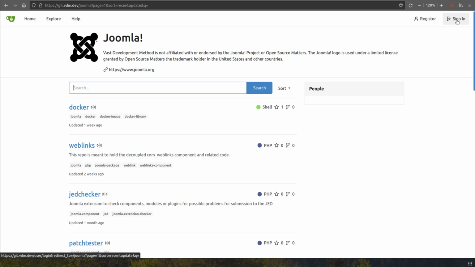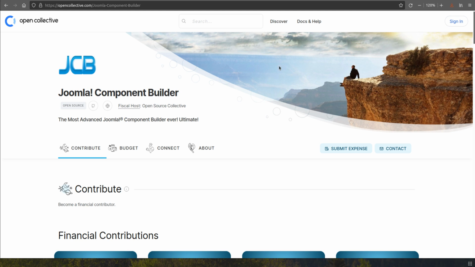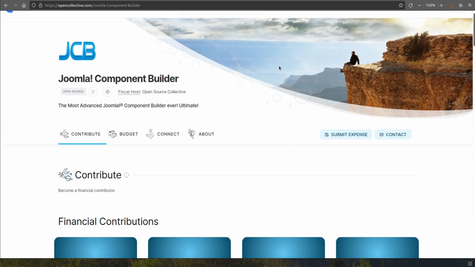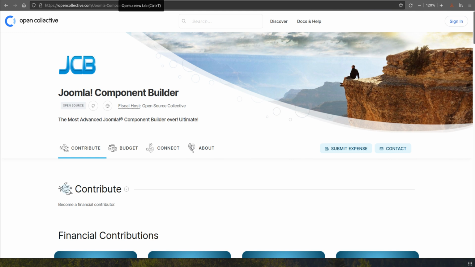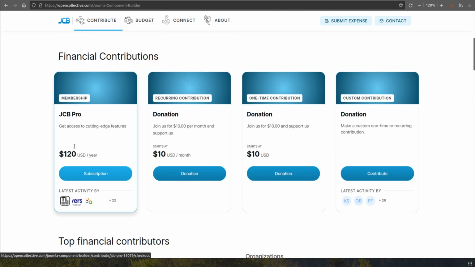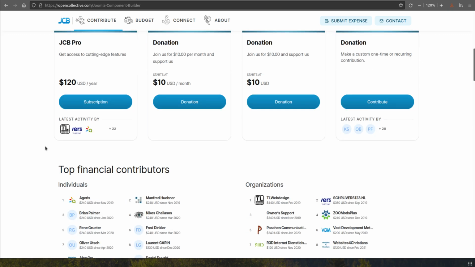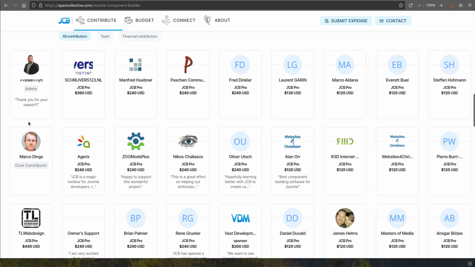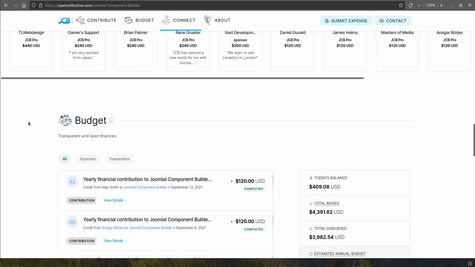And if you don't have a Pro membership donation on Open Collective, which is this website here, to get to this website to make a donation, it's quite easy if you follow the instructions on the Pro page on our website. It guides you here, and you will basically be able to choose this JCB Pro subscription and make a donation. So this is our Open Collective